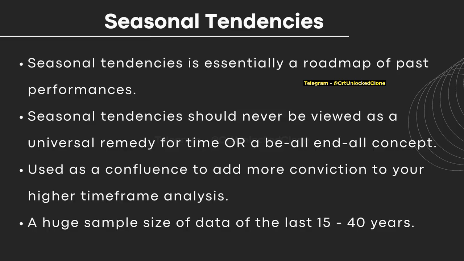But with the help of historical data, we've seen from time to time that these concepts that ICT has introduced, like market profiles, daily ranges, and key levels, when they're combined with each other in a proper way, can help us in finding high probability conditions where we can accurately and precisely anticipate price action with a great deal of confidence, right? We've come to those conclusions based on the data that we've collected and based on what price has done in the past, right? And in the same way we've got this concept called seasonal tendencies,